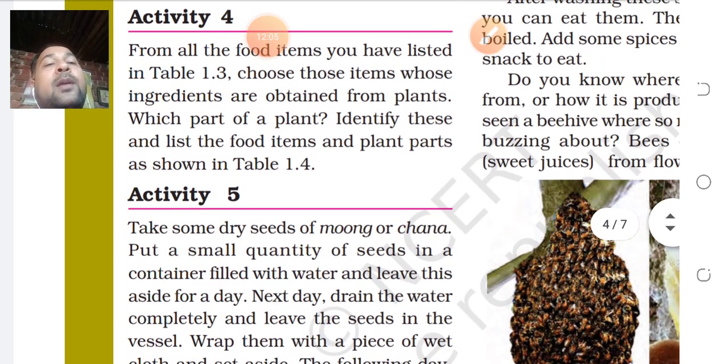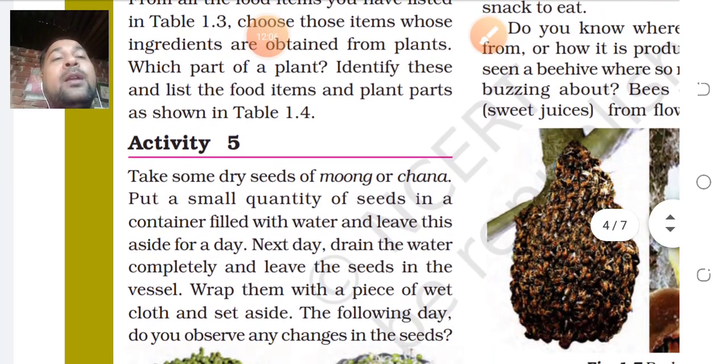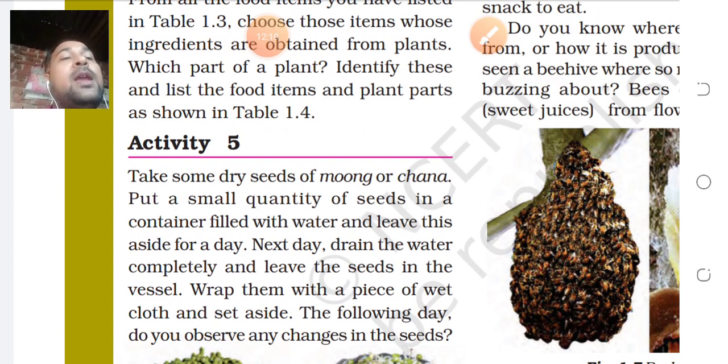Now next topic, activity 5, take some dry seeds. In this activity we are going to discuss how we can make sprouts. First of all, you take moong or chana and put it in water for one day. Next day, you drain out the water, and take out that moong or chana and put it in the